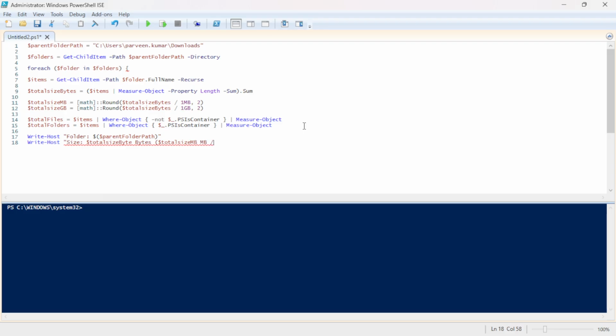In MB, and then I'm defining the total size in GB. It's GB. We have to close this and we have to close this. So this will show you the size. Now we have to